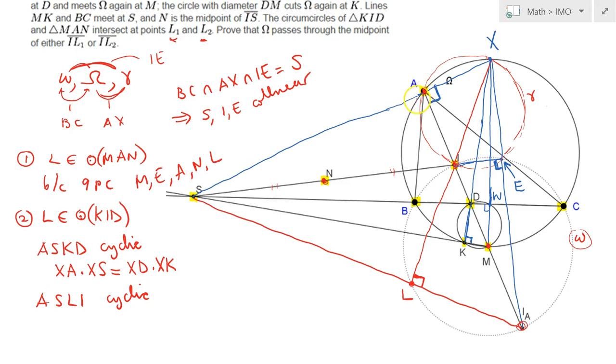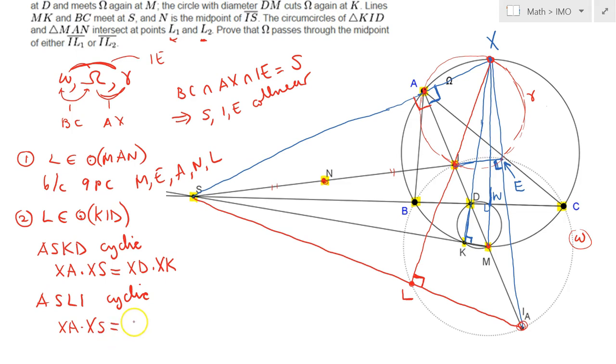Angle A is a 90-degree angle here again, SL is again 90 degrees. So you have a cyclic quadrilateral because angle IAS and angle SLI add up to 180 degrees. Again, the power of point X with respect to that new circle gives me